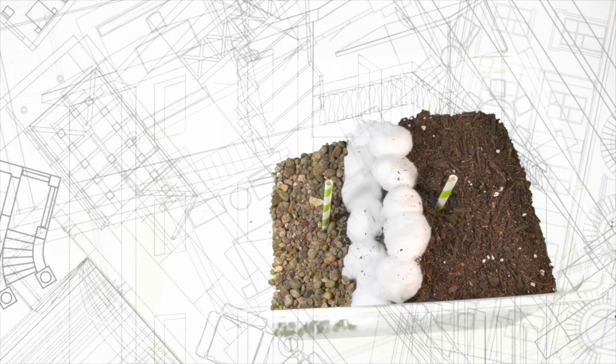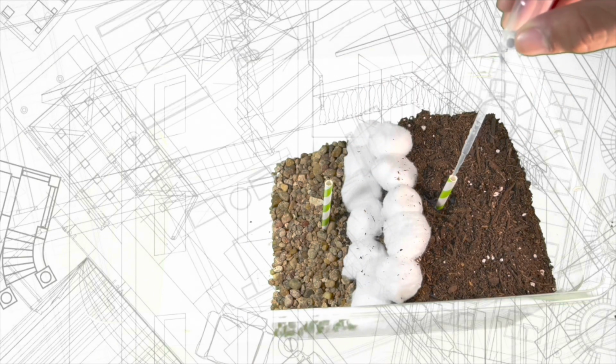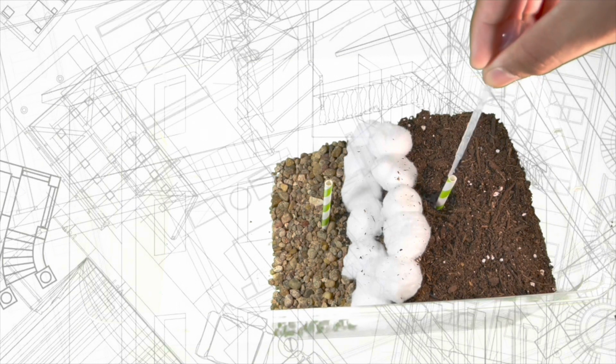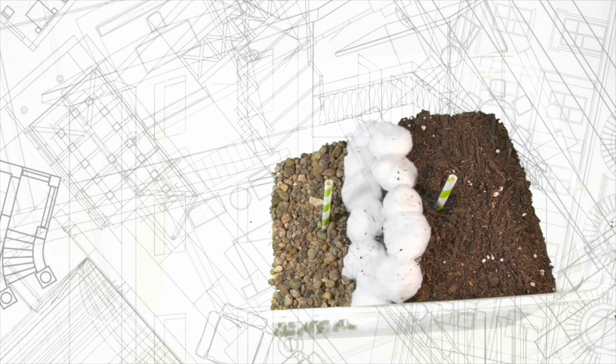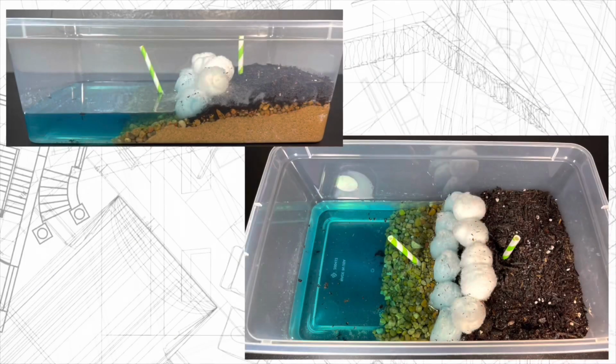After finishing the build, it was finally time to start inserting the water. First we put the water into the straw aquifers. After the water reached the top, we added the water to the box. The material that I added that was not in the supplies was the blue food color. That way, I could better represent the salt, and the cotton balls could represent the filter, which would retain the